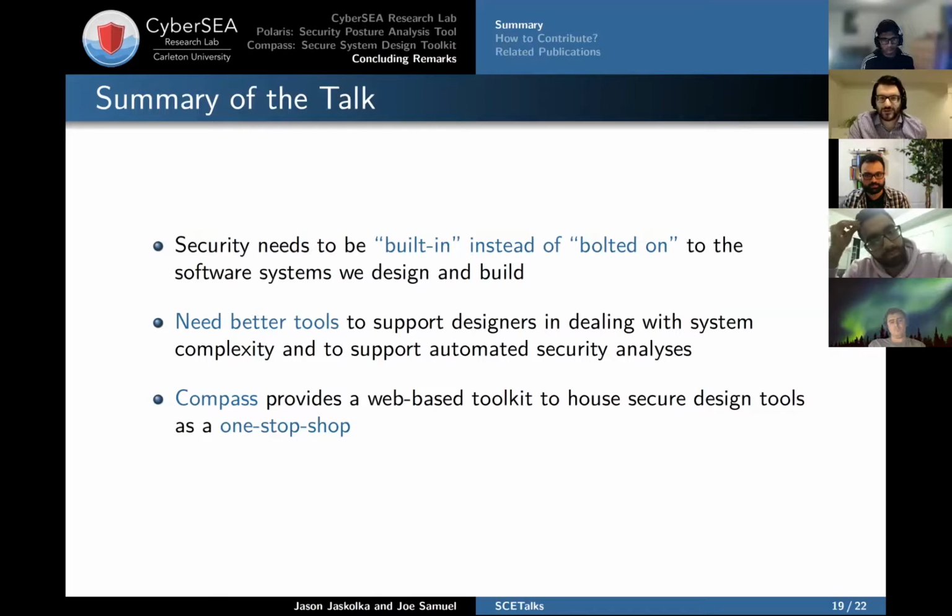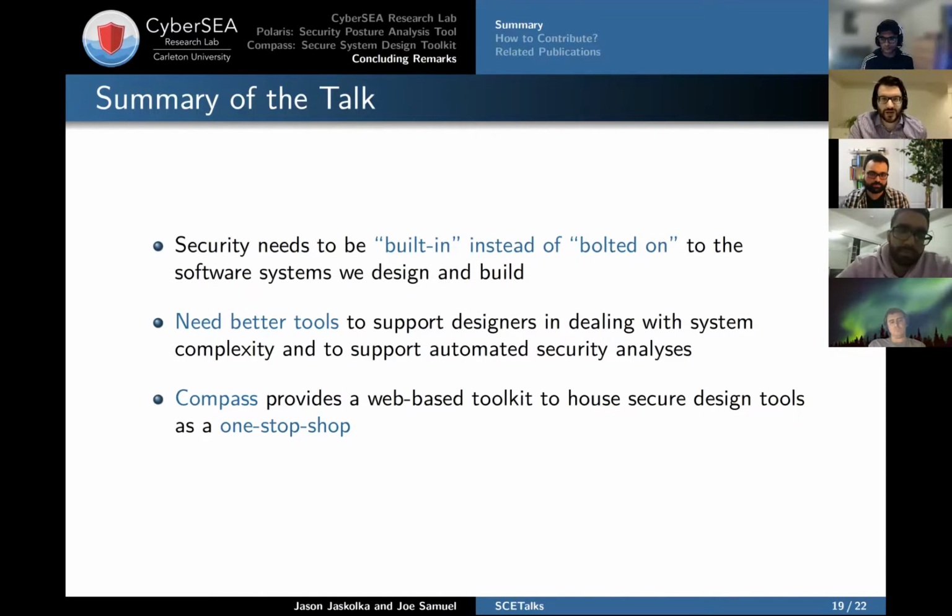And in order to do that, we need better tools that can help support designers in this effort. In particular, we need to help them deal with the complexity of the systems that they're building, and we need to support them with automated security analyses. That's what's going to help us guide them towards actually engineering more secure and more trustworthy systems.